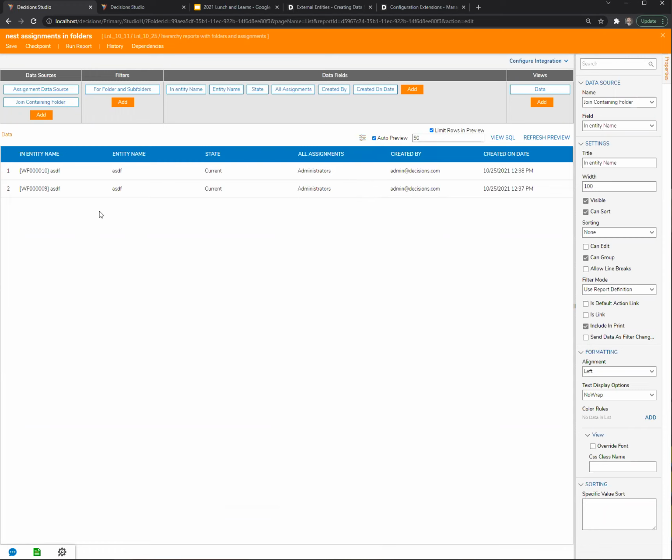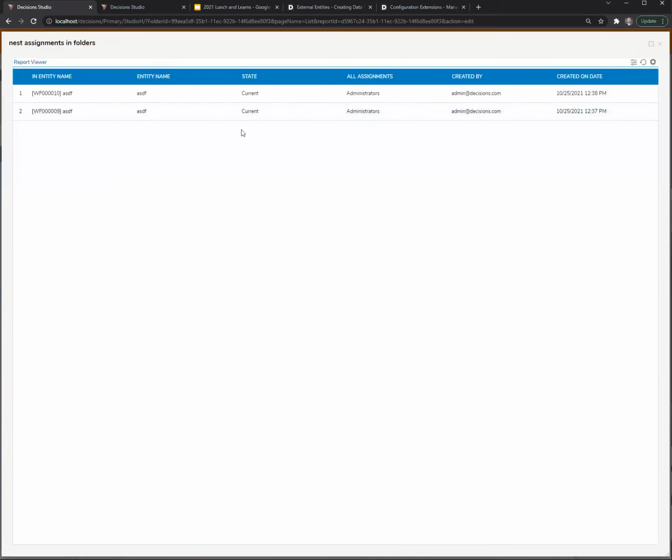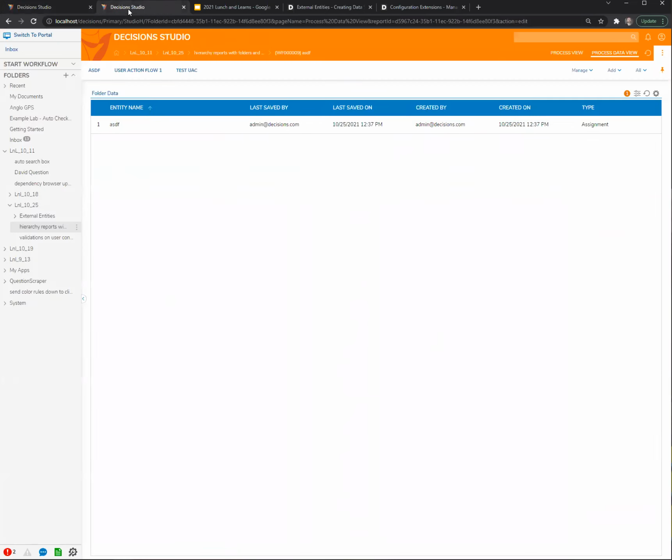And this makes it helpful to see, okay, here's the process folder name, here's the assignment name, and here's the state. I could say like in assignment state. So if I run this, this is very much a default decisions report. So what they want is they'll have multiple assignments in each folder, and they'd like you to have a list of all of the open tasks and be able to expand out each of them, similar to what we can